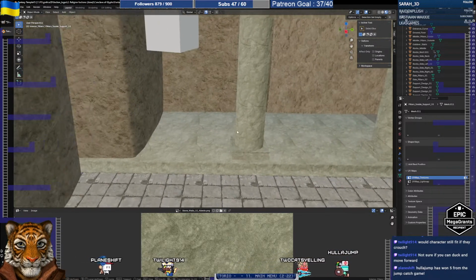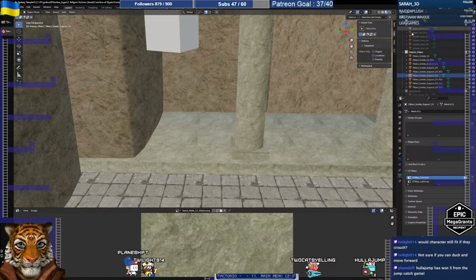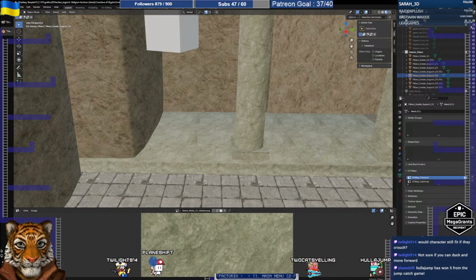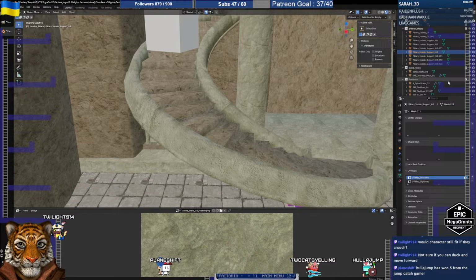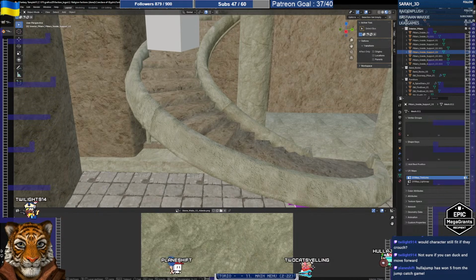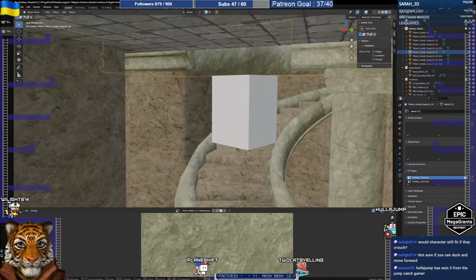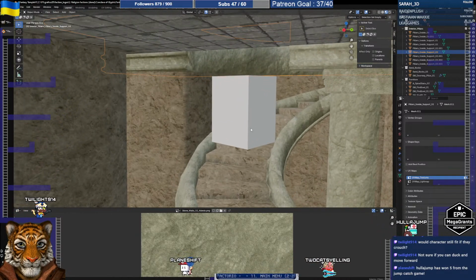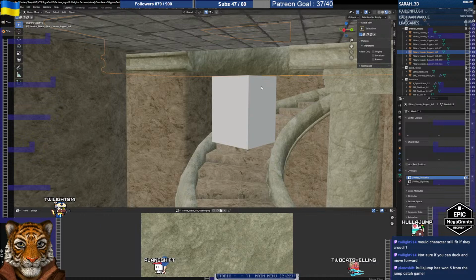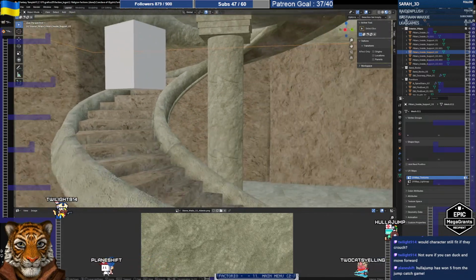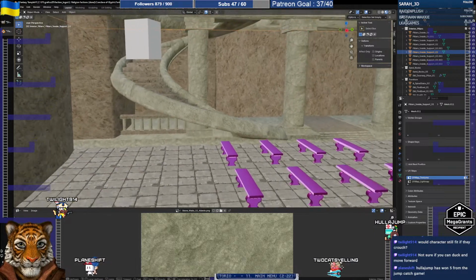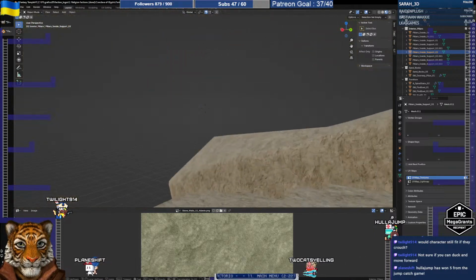Where is my... Bro, what happened to my collection? I press a key and something. So that's 2 meters, right? This is 2.1 meters, so it's the maximum character height, right? And so you will be able to walk there very, very easily. Okay, so let me just show you my